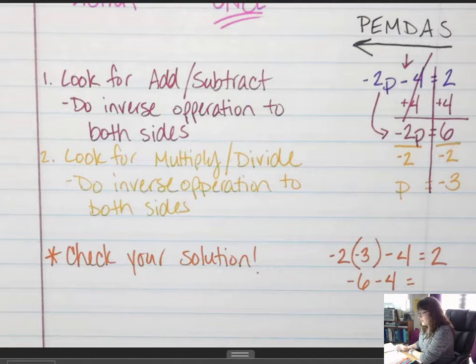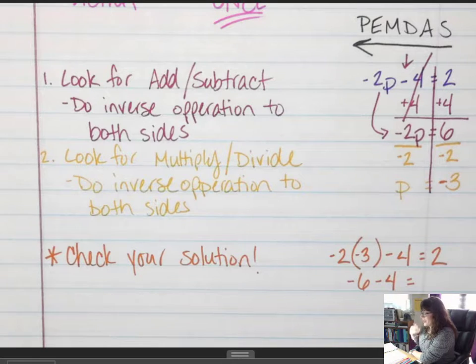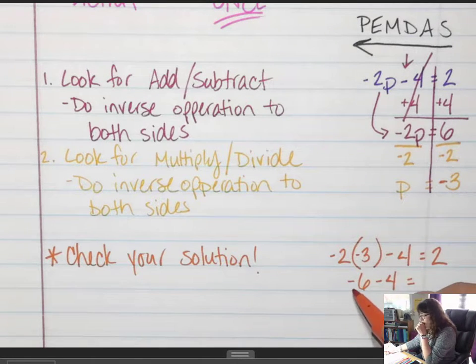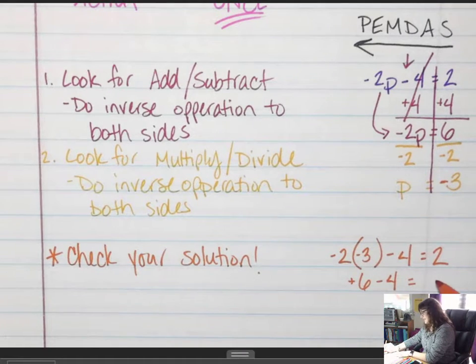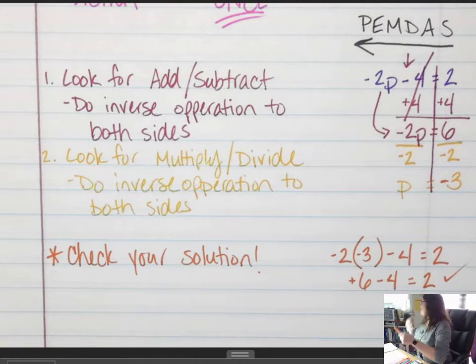I was hoping we didn't solve it wrong. So this is a -3, so that's a -3, and -2 times -3 is +6, minus 4 is 2, there we go. So I know that I'm right. I took the time to check it. The end. All right, let's do one more